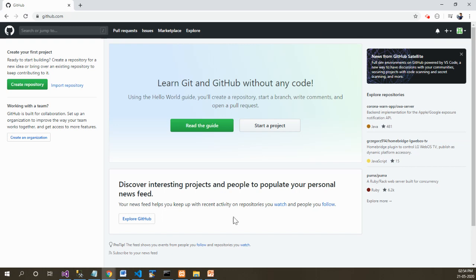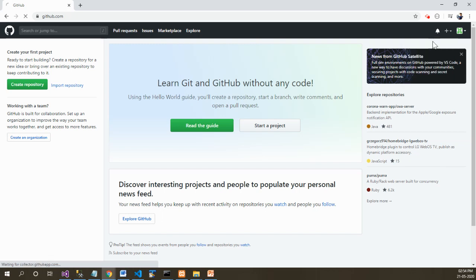So in order to create the repository, or the space where your project will rest, what you need to do is open GitHub with your login. After login onto the dashboard, you will see that there is a plus sign in the top right corner. Just click on that and click on new repository.